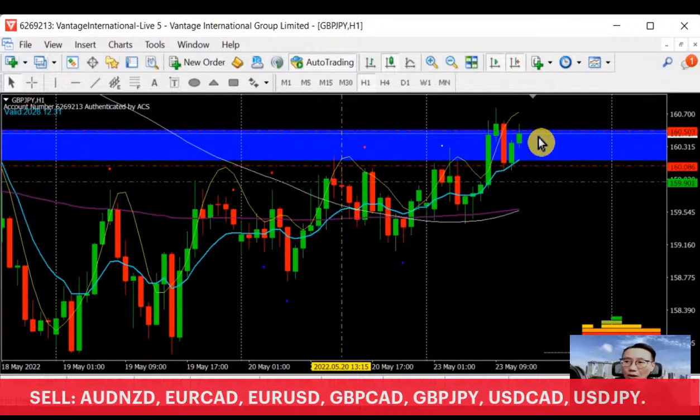Now 13 hours, in MT4 time. If at 13 hours we start to have a red candle, green and red, that means in the 13 hours we may have a chance to sell. Will it sell all the way down over the next few hours? It depends very largely on how it moves. When I say this, I don't mean I'm going to sell for 1,000 pips for the next 2 weeks. I don't mean that.